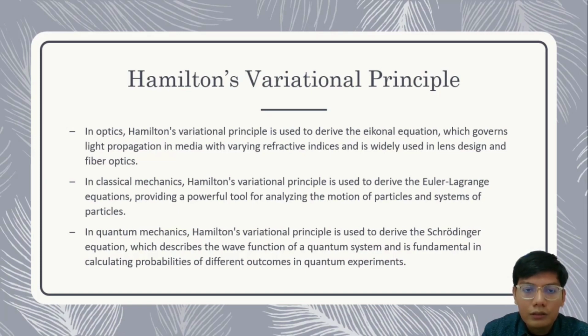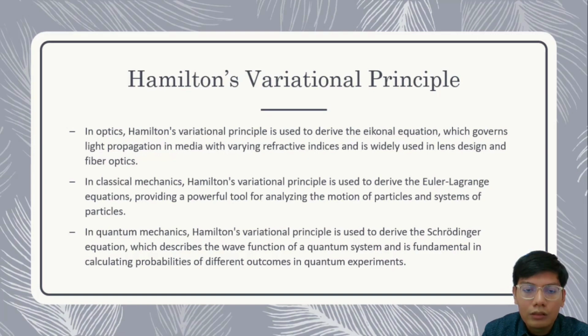We can derive the Schrödinger equation. This equation relates the wave function, its time derivatives, and the system potential energy. The Schrödinger equation is a fundamental equation in quantum mechanics and is used to calculate the probabilities of different outcomes